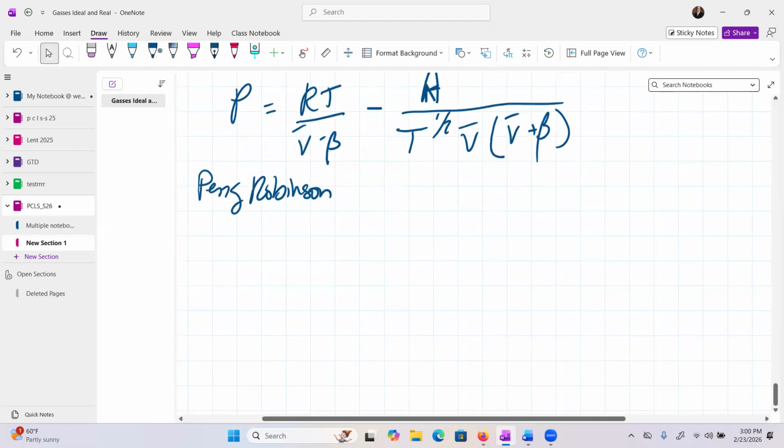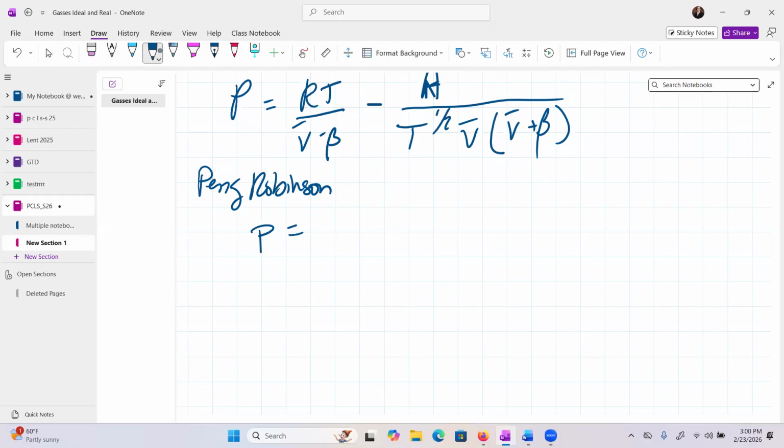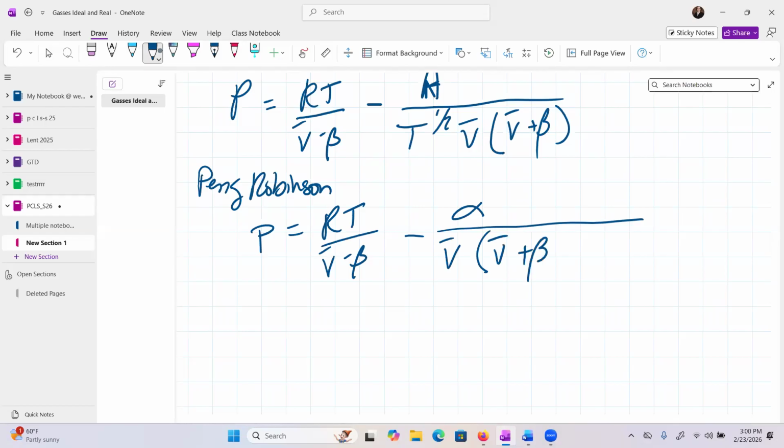And again, you would use it the same way. How many of them are there? Well, basically, anybody could make one. You could make an ideal gas correction law yourself, or a whole rule. This one has an alpha, and then it looks like this: V bar times V bar plus beta, over V bar minus beta, like so. Okay.